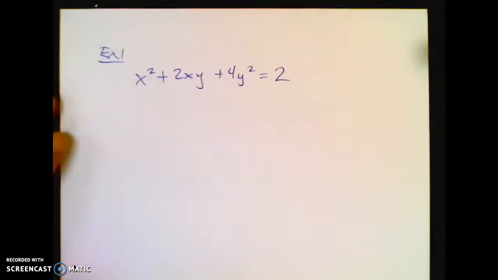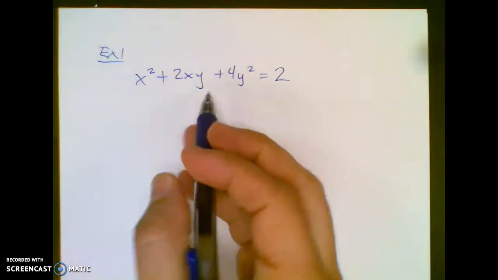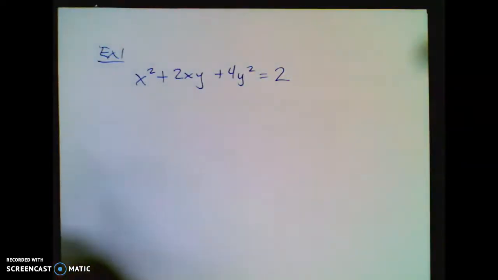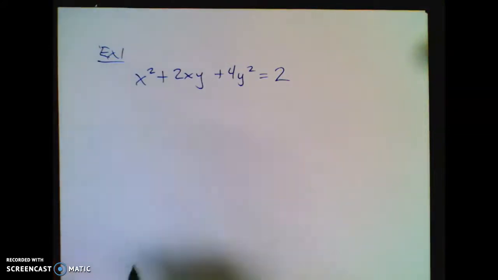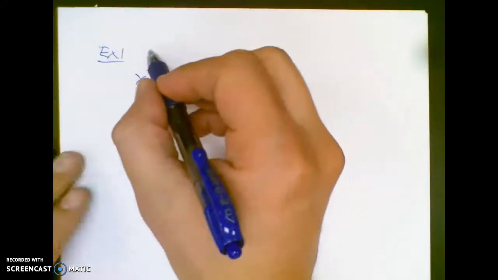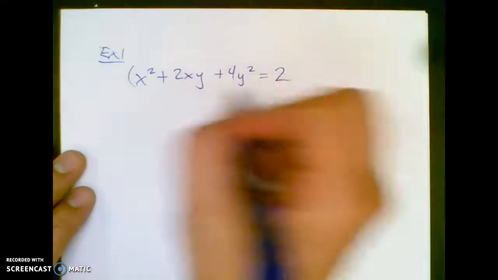If I said, take that crazy problem, which is the equation of an ellipse, an oval, right? If you're really good at pre-calc, you recognize that, and you're like, oh, that's an ellipse. I'll say, good job, pre-calc all-star. But if I asked you to differentiate this with respect to x, and you did that